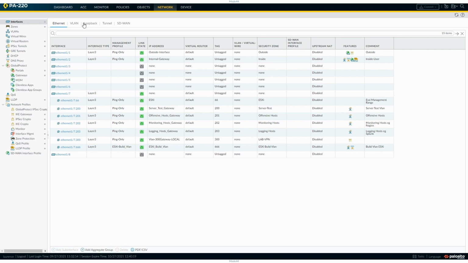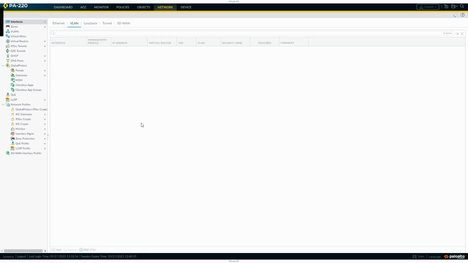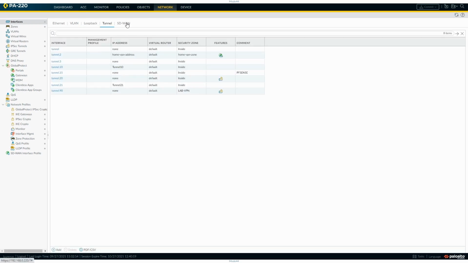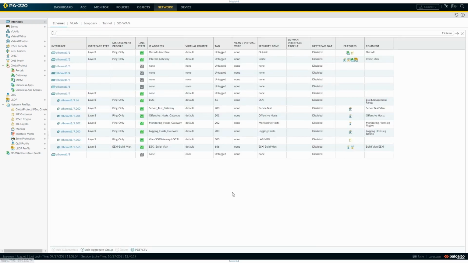there's several different types. So we've got Ethernet interfaces, which are here, so that's your physicals and your logicals underneath the physicals. VLAN interfaces, we know what VLANs are. Loopback, tunnel, and SD-WAN. Okay, so we're going to start first with configuring an